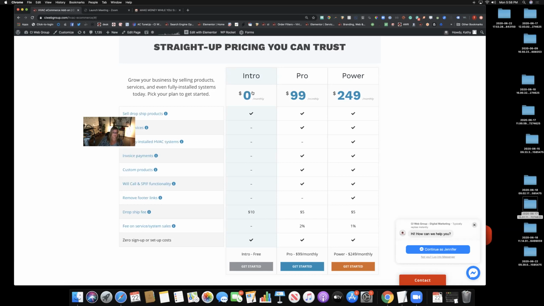All we need is you to sign up online. You're going to go through the onboarding process and fill out all your information. Once you're done, you're going to submit a help desk ticket by sending an email to help@CI Web Group and just let us know that you're ready for us to integrate your e-commerce system into your website. Send us a login and password. We'll log in. We'll take care of it. Ta-da! You're done. All right, that's that.